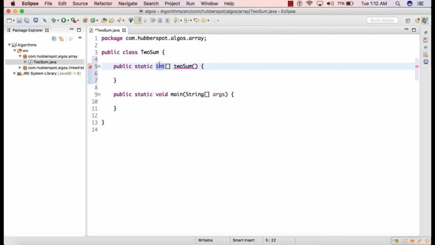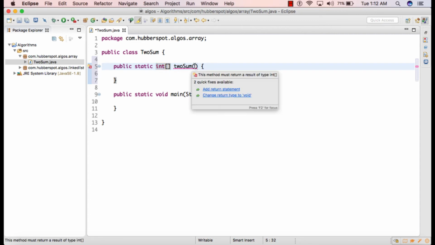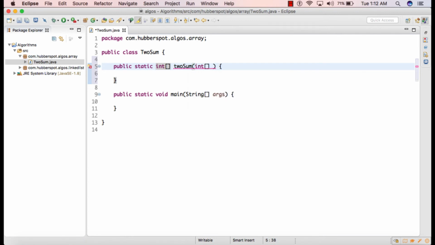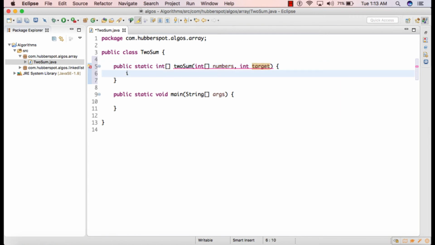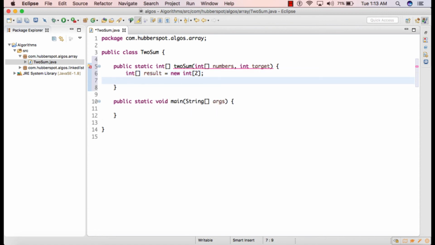The return type is the integer array because it will return the indices of the two numbers, and the method takes in an integer array which is the numbers array, and it also takes an integer by name target. So in this method, first we'll create a result array. This result array will store the indices of the two numbers, and then we'll create a hash map which will store the integers as key value pairs.